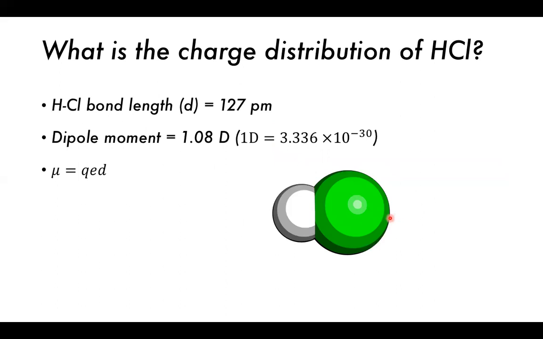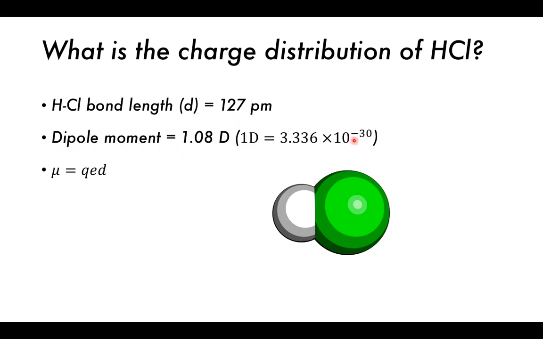So let's do an example calculation of the charge distribution of HCl. So HCl is hydrochloric gas in this sense. If we dissolved it in water, it would be a particularly strong acid, hydrochloric acid. But if we just have it in the gas phase, it's not dissociated. It is a single molecule, which happens to be polar because the chlorine's able to pull the electron density towards it in the bond. So the dipole moment here is